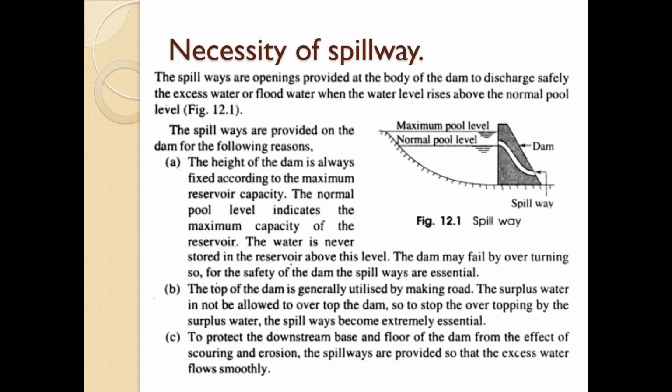However, some spillways are left open just by constructing their crest at normal pool level, as water flows over such a spillway depending upon the reservoir level. So we have seen so many types of bandaras like this. Depending upon the reservoir level and the corresponding head over the spillway, such uncontrolled spillways are guided only by available water head and hence are called uncontrolled spillways. So this is all about the general information about the spillways. In coming lectures, we are going to see the various types of spillway.